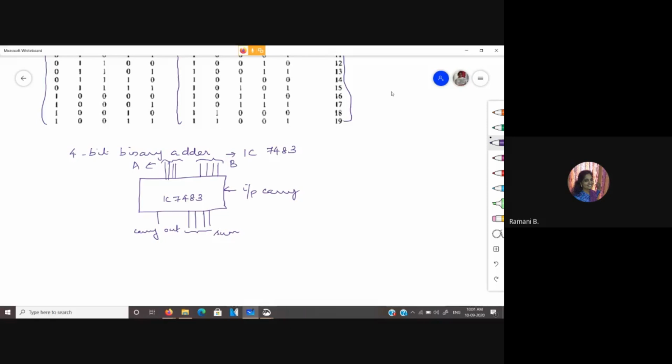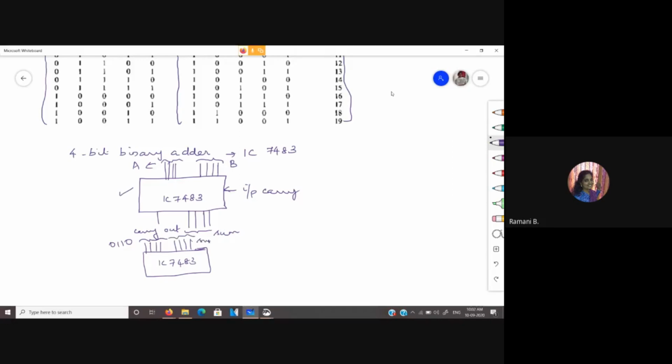So if I am going to get only the binary sum, it is enough if I have this single IC. But I want to get the sum in BCD form. So I need to add a factor of 6 to it. So I will actually use another 4-bit adder, where the corresponding sum will be added with 6, because that is my correction factor, right?